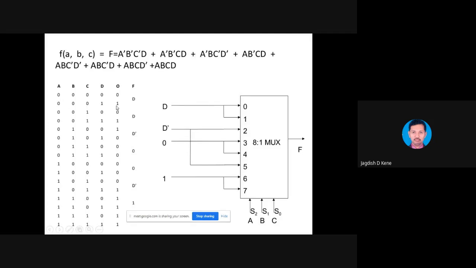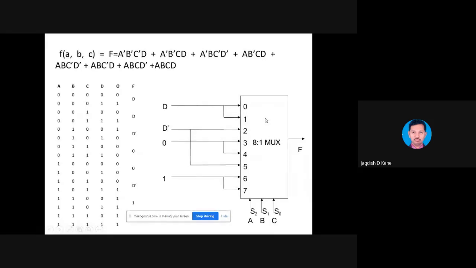That's why these two combinations will be I0 and I1 after considering D as a don't care. We assume that D is the don't care, which may be either 0 or 1, which will be connected directly to I0 and I1.